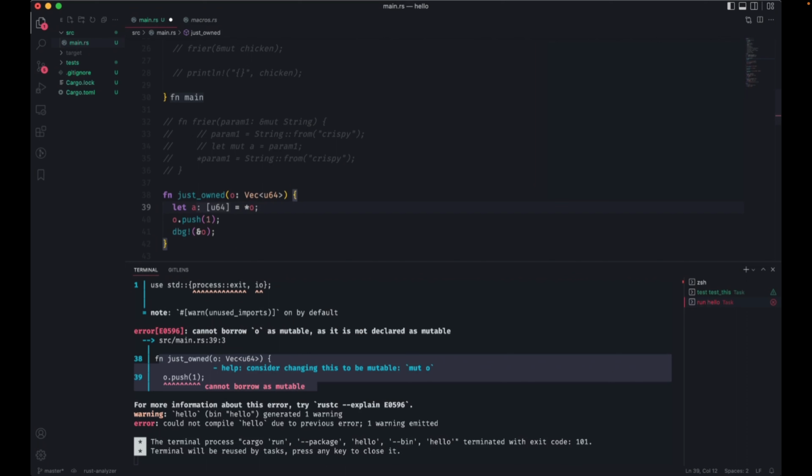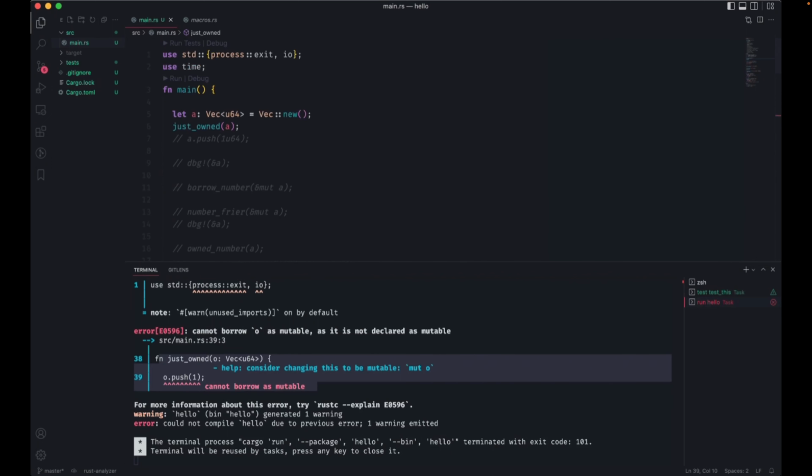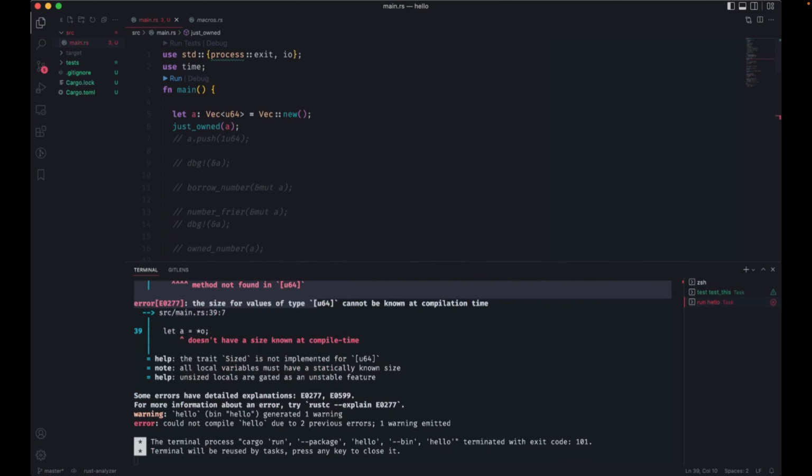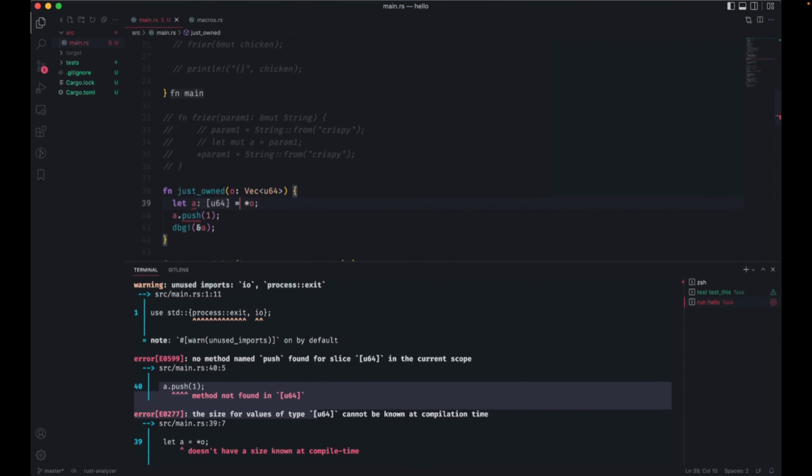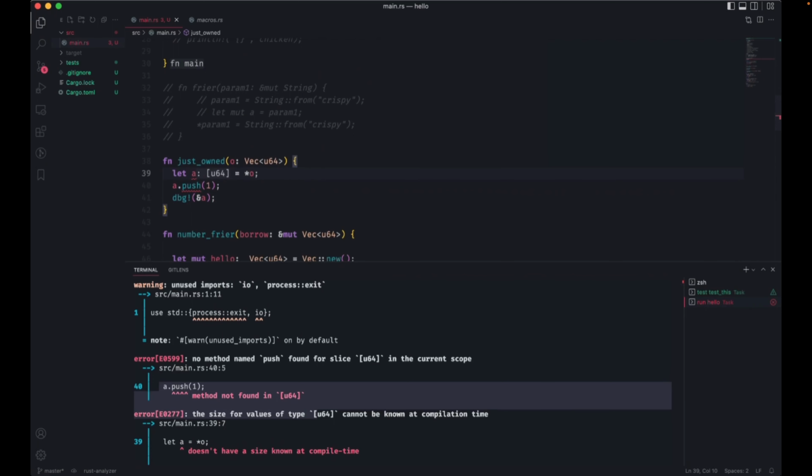It's going to give me a slice, and then, let's see. This will work, but it's not going to change O. This is going to create a new assignment. It doesn't have a size known at compile time. Yeah, that's another thing, is that I would need to instantiate.